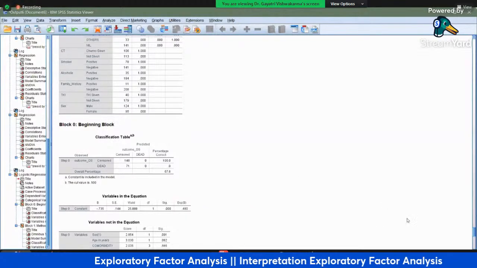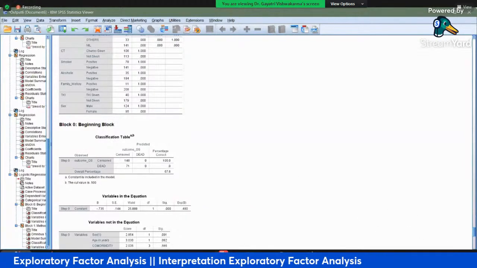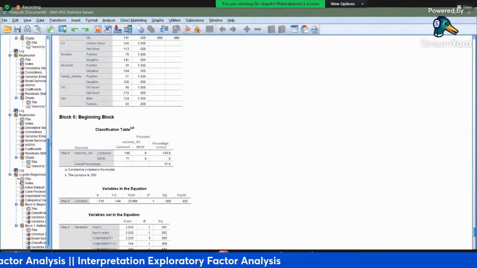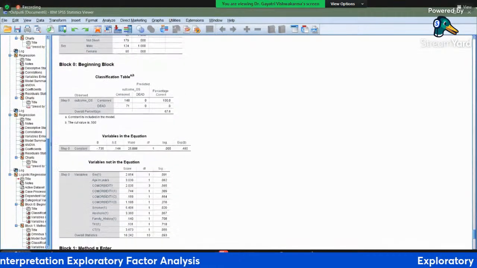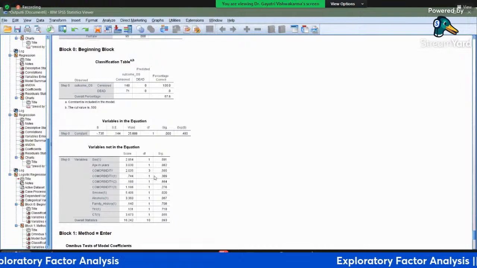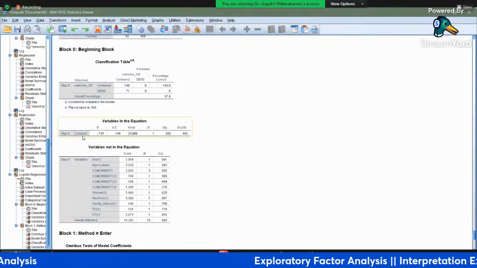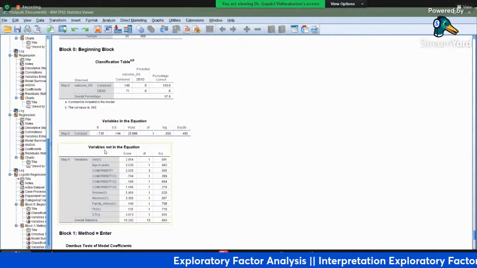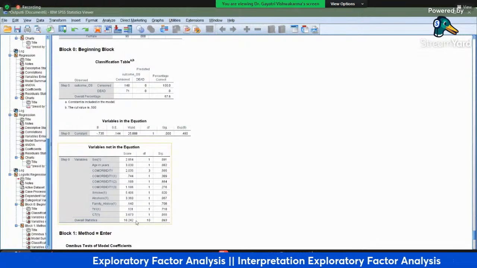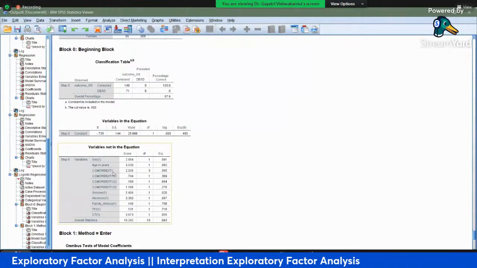So now you have to go down, and as somebody was correctly pointing out, the variable in the equation is only the constant, and variables not in the equation are coming like this, because we have put a lot of information in one go.